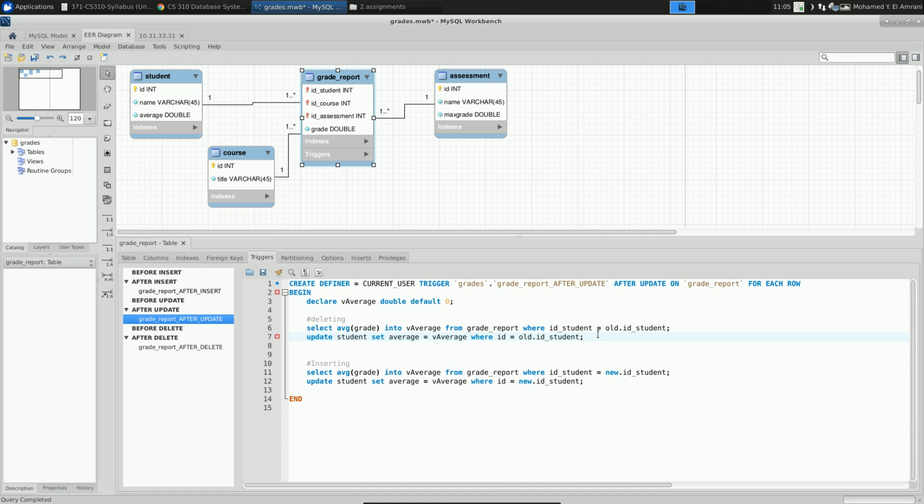Clear for everyone? Generally, you need to do something like that for probably most cases. You need to always use the old one, and that is the old trigger, and then use the new one. Yes? I need to use the old one for what? To update if the old one was updated, because the old one for our case was student number 1. We need to update his average, so that's why we need to update the old student and also the new student. Why don't we just leave it as it is and put a trigger on